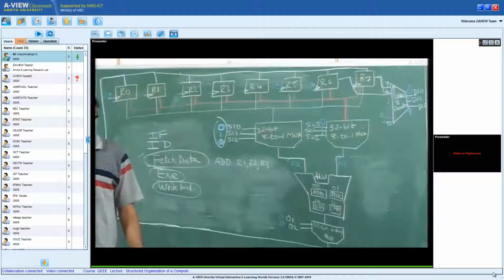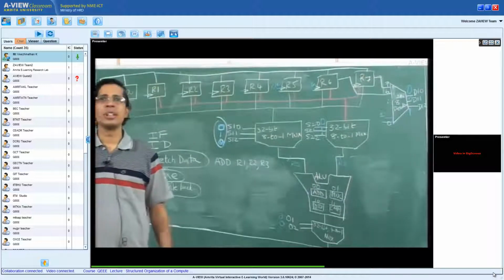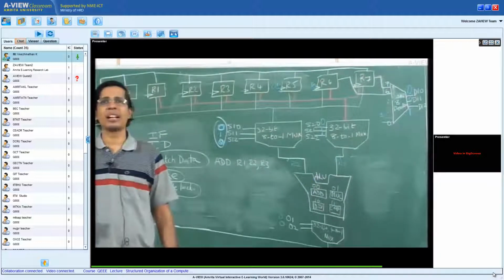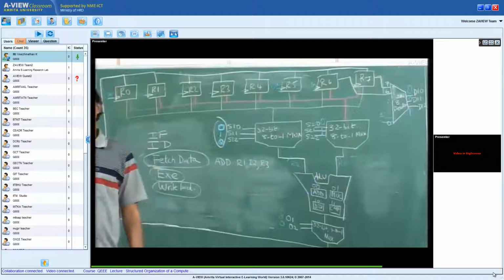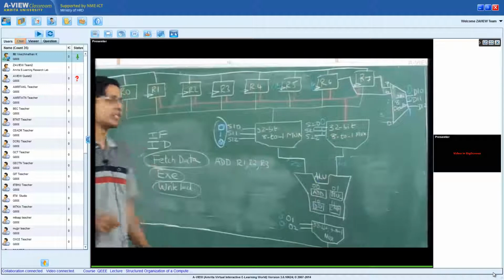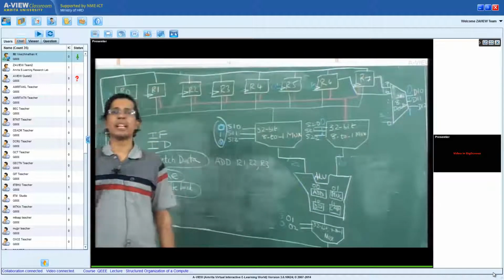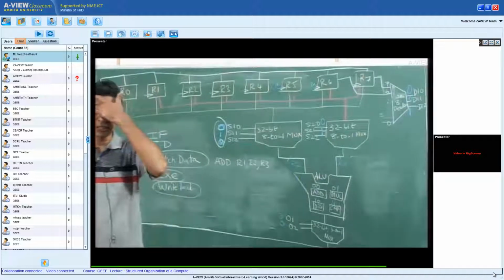If the stages are idle, then I am not efficiently utilizing the hardware. Can I do something to use all the hardware all the time? So this is basically the question, and that leads to the concept of what we call pipelining, which I will be covering in the next class.